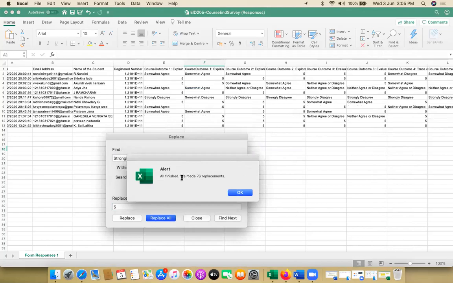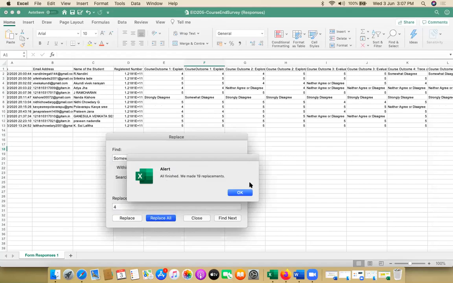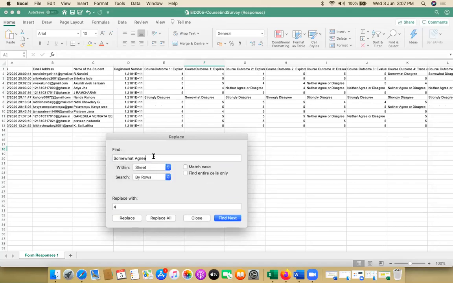You are replacing all 76 strongly agrees. So we have replaced strongly agree with 5. Similarly, we will replace somewhat agree with 4. Replace all. Then we will also replace neither agree nor disagree